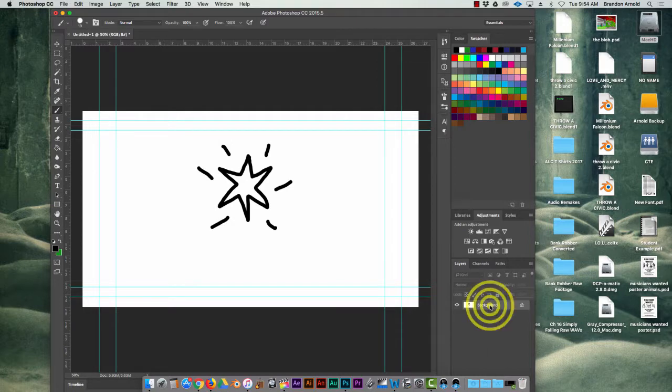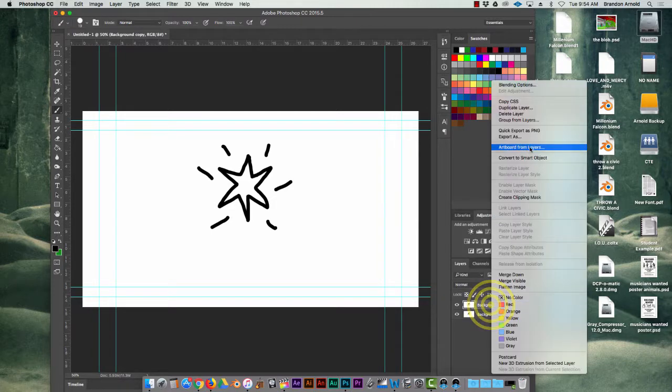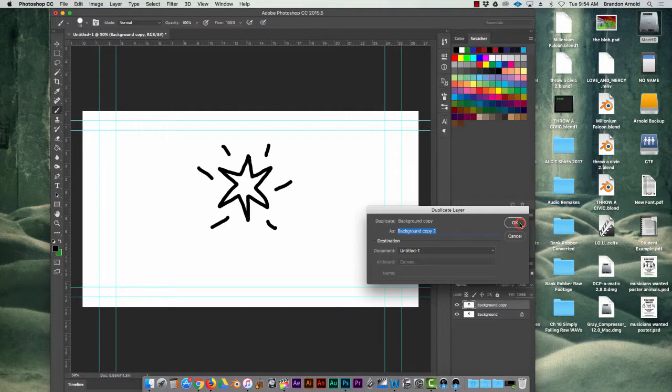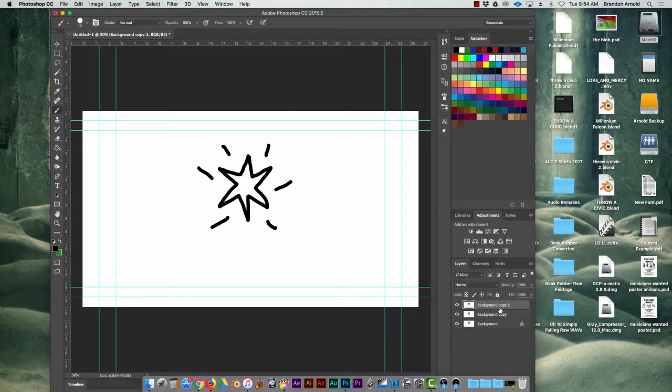Now I could go over here and right click and choose duplicate layer and hit OK and then do that a bunch of times till I have 6 frames or however many I want. And this way I could go to each one. I could go to the eraser tool. Before I do this, I need to hide the other ones, or else I'll show you what happens. So I can erase that, and then I unhide it, and it's still there on the other one. So I'm going to erase all these,